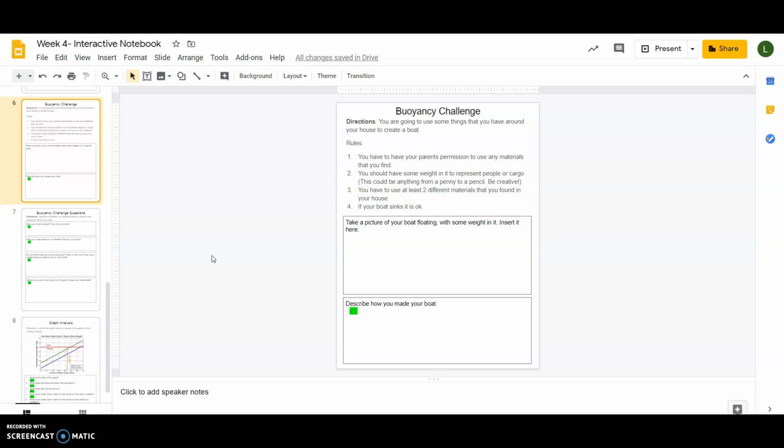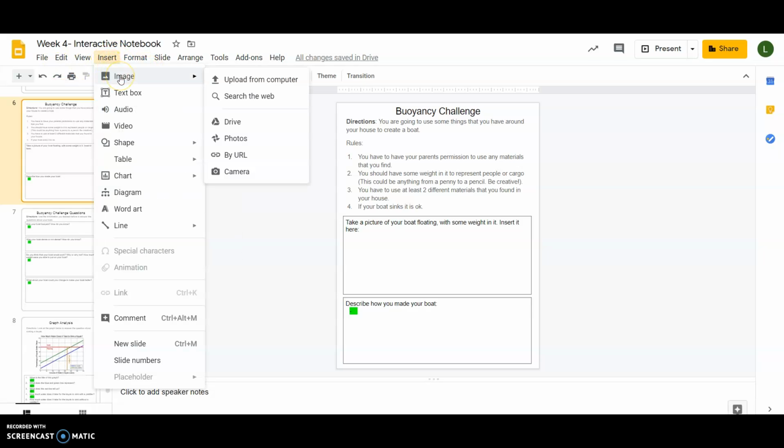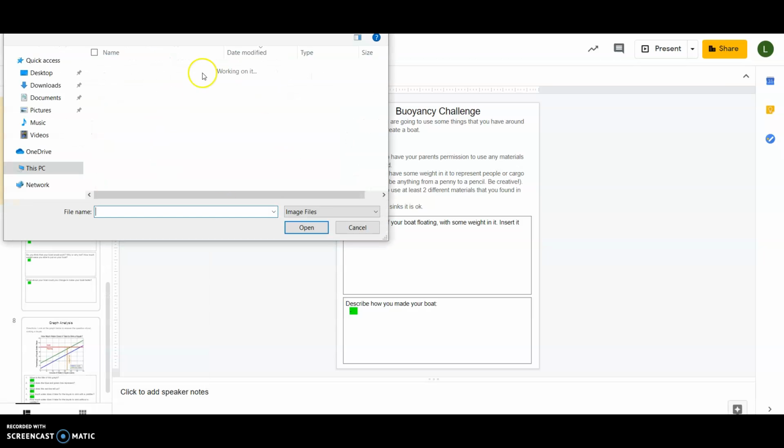Okay? So you guys can go ahead and just search on your Chromebook or whatever you have. Go ahead and just search down at the very bottom for your camera, and then you can use that to take a picture. After you do that, you're just going to go to Insert, Image, and then we're going to upload from the computer. And when we click that,